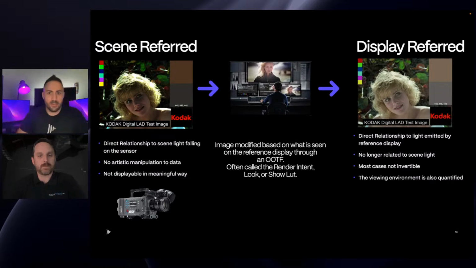And the last time we talked about this, I said this is a great slide because it summarizes this intense process, because there's a lot going on, right? And you just explained it beautifully. It goes from capture to display. All the log formats that we deal with, when people put them on their monitor, look all washed out. That's your scene referred, and then you have this on the right, which is once you put a proper transform on it, the pretty image that you're supposed to be getting. Amazing.